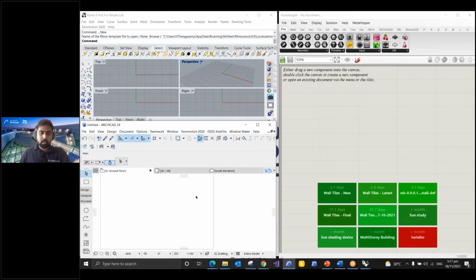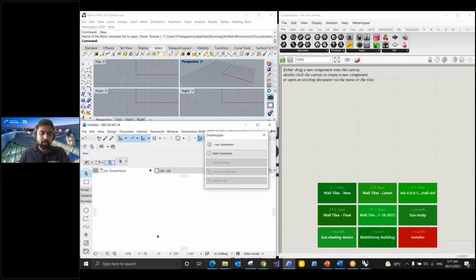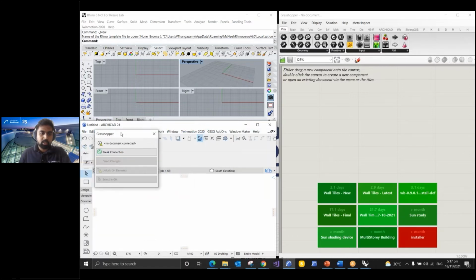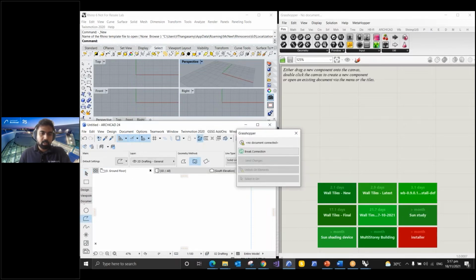Okay, so here is my Archicad. So let me just delete this. Okay, let me just start the connection first. Starting the connection, go to File, Interoperability, Grasshopper connection, and then you can start the connection here. Once you start the connection, you can just go and draw your polyline as given in the assignment. So just use the polyline tool under the document toolbox, and then I'm going to use the square method to create my geometry. Okay, so for that, select a starting point, and in the assignment it was told to have 12,000 by 12,000